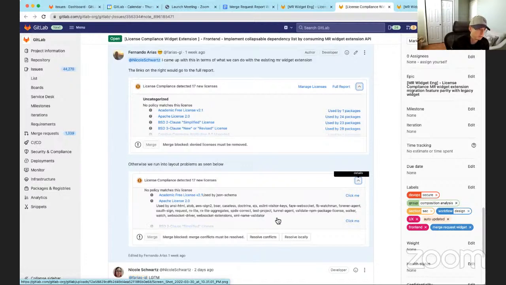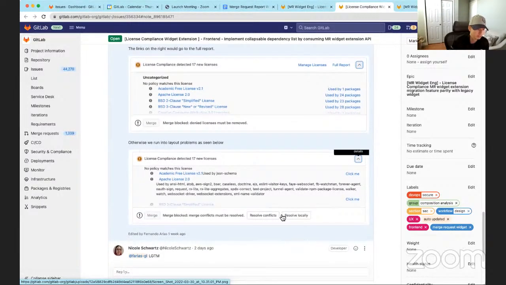But my feedback from the UX and front-end engineering side of things is that this list can get very long. We don't have a lot of vertical scrolling space. It may be 200 items. So, I don't know how we want to approach it. There wasn't really much other than turning this into a link that we can support. We don't have any notion of expanding, collapsing string text, truncated text, or anything like that. And I don't know if that's a paradigm we want to introduce. I figure that's a UX discussion, but